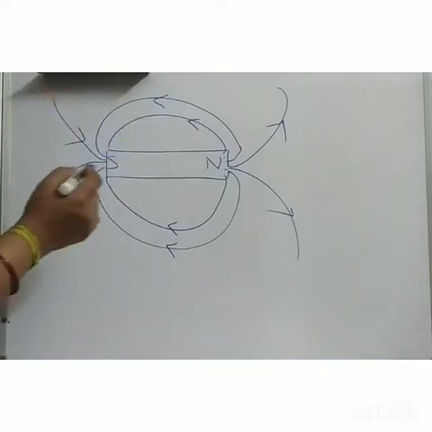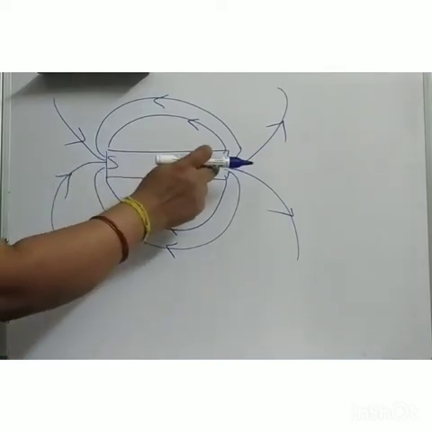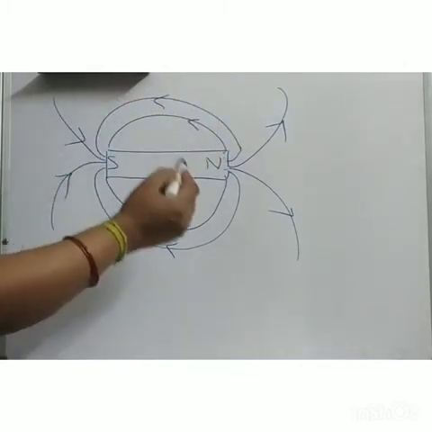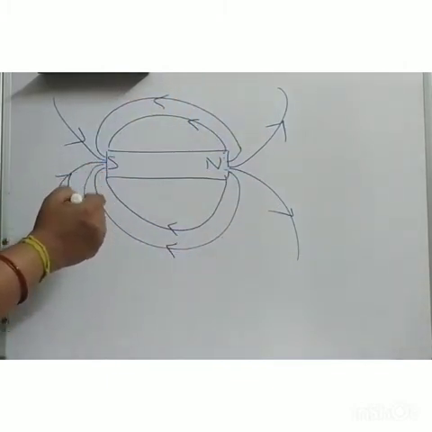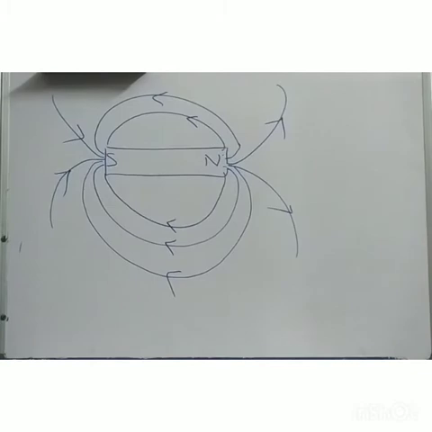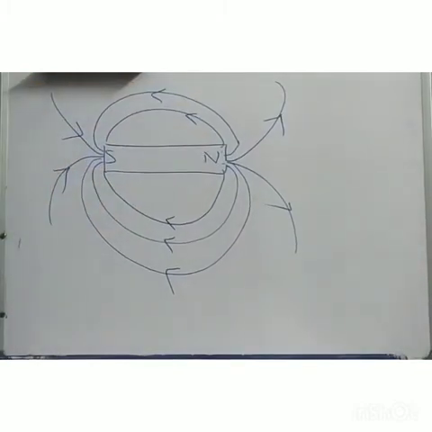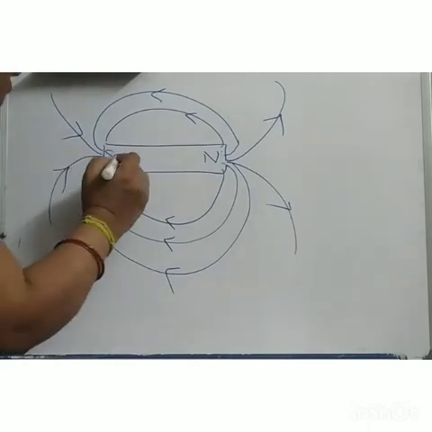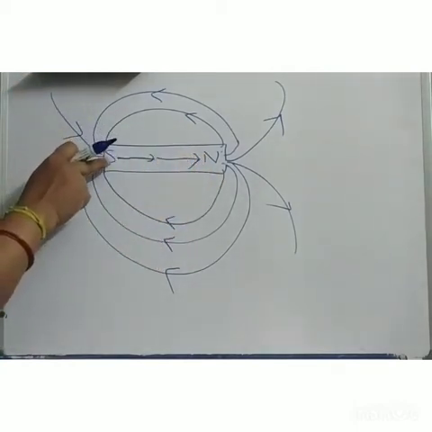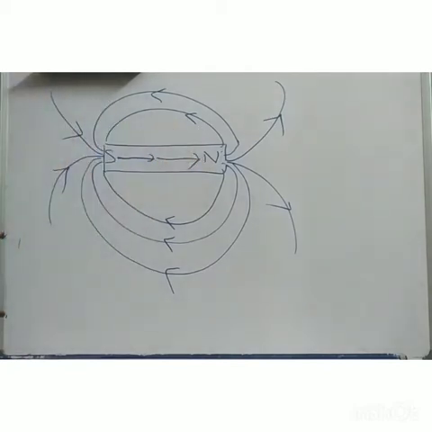And another thing, I have not drawn these lines. Outside of the magnet, it is from north to south, and this is a continuous loop. It will join like this, it will come round like this. It is like this. Okay? So it will keep on going, the lines, till the magnetic field region is there. And inside the magnet, the field lines are actually from south to north. So, inside the magnet, the field lines are from south to north. Okay? These are actually the properties